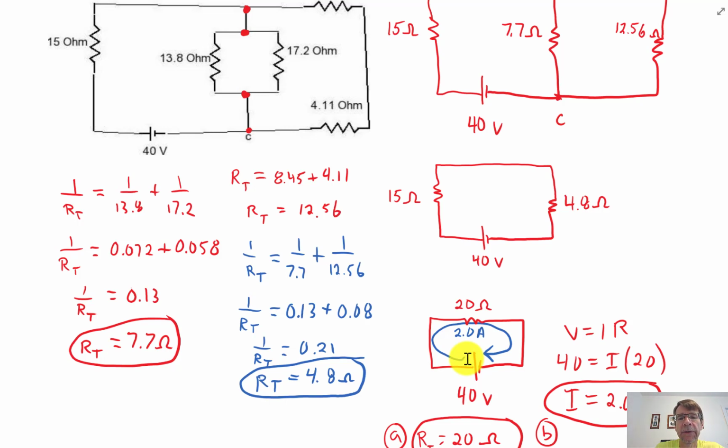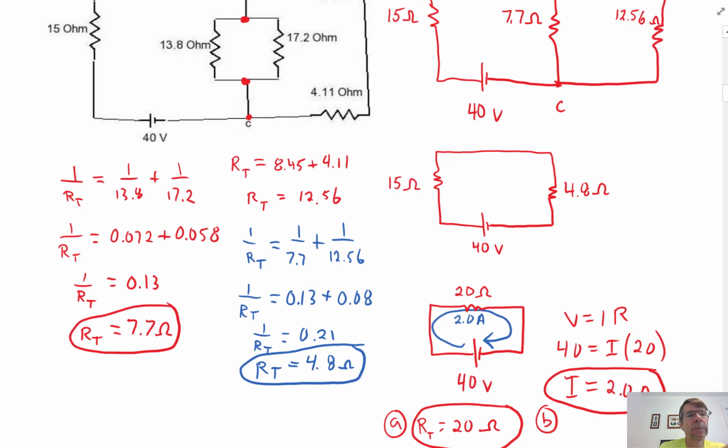That means the current flow, and this arrow here represents current flow, so you can see it better. Well, what that means is there's 2.0 amps of current flowing through that resistor and 2.0 amps of current flowing through that resistor,